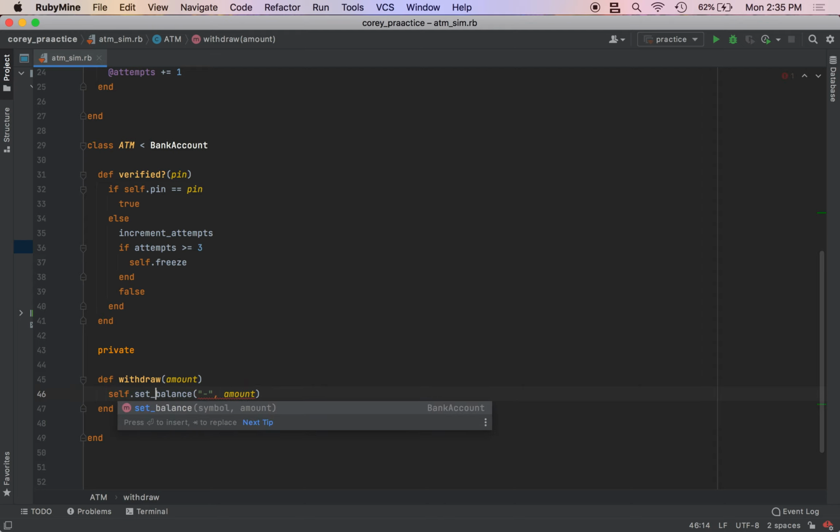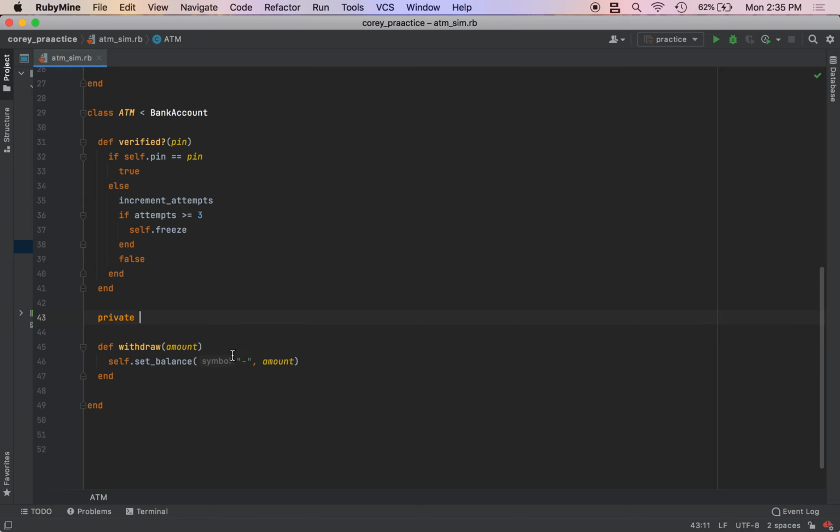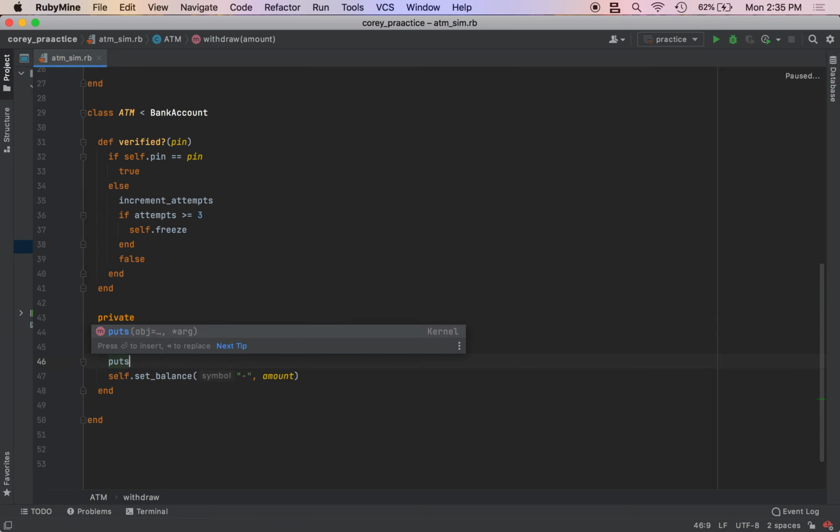Oh, sorry, set balance, not balance. And then we're going to put out a message, puts you've over. Actually, we'll do a warning first. Warning, you have overdrawn your account. If amount is greater than